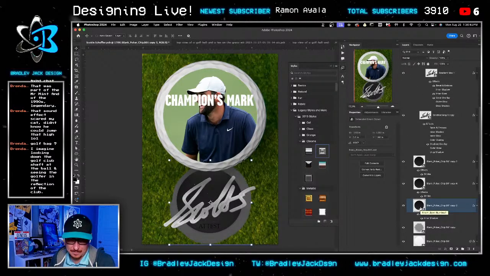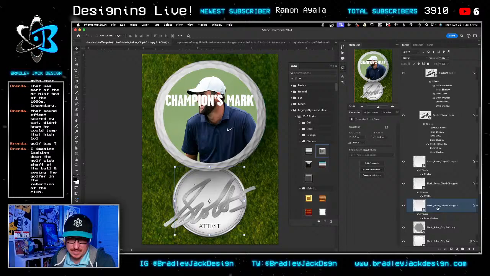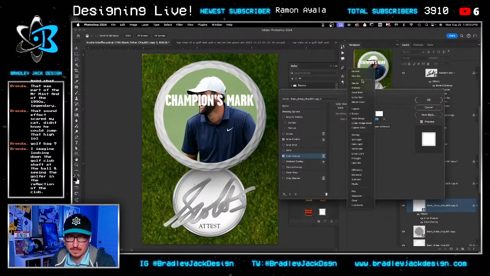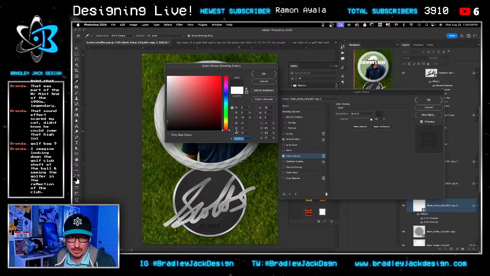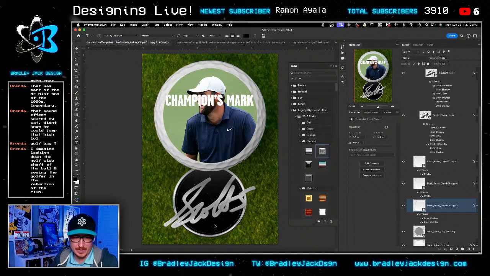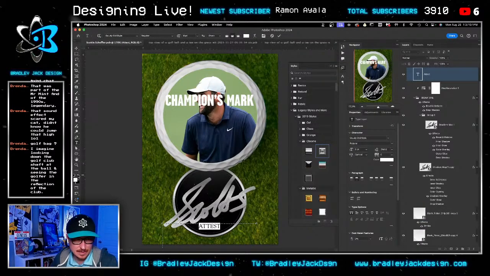Screwed everything up. Did not want to do that. Okay, this is an inner shadow, so we're just going to give this a color overlay. Set to normal, and we're just going to make it a darker color. I don't really want to make it black, but we can make it black. That's fine. We just need to change a test